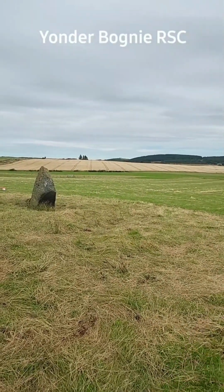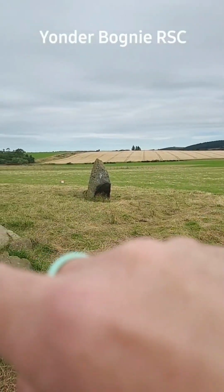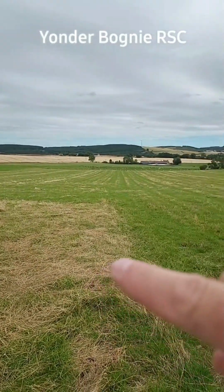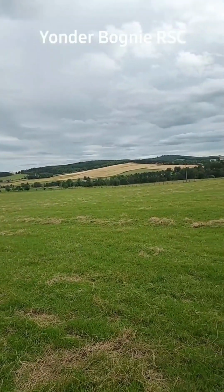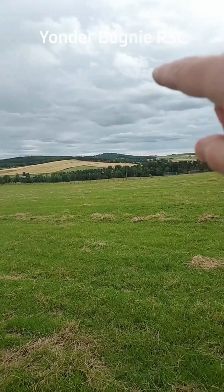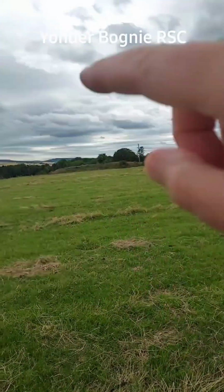rise for sure, but there's a kind of dip and then a rise up onto the field, and down at the bottom here a kind of dip and a rise up into the field. And down here there's a really big dip and a rise up into a longer rise into a hill. And around here there's some spoil in the field, but it dips down